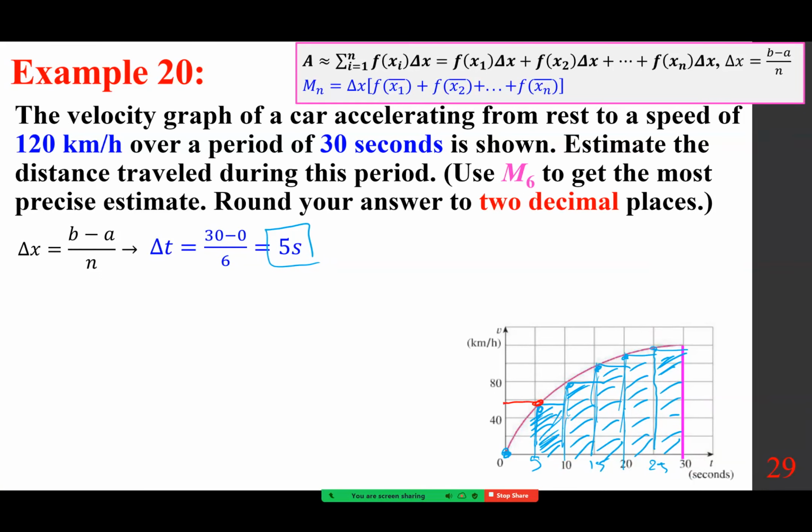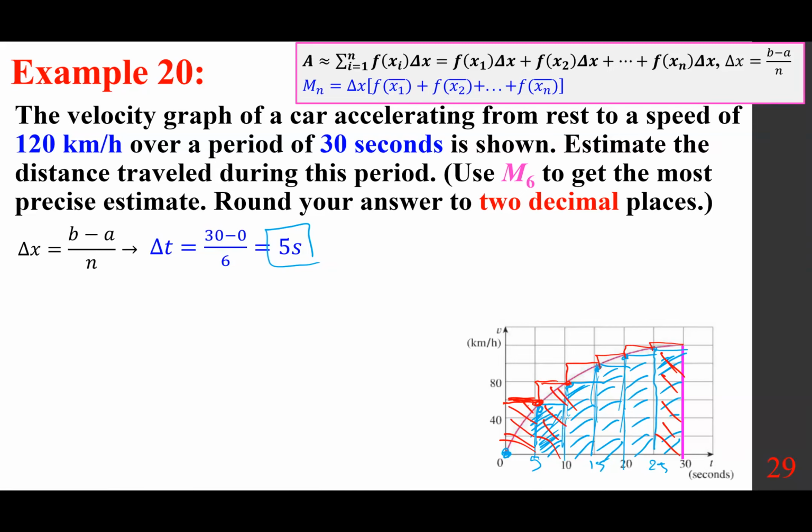This would be the area, and so on, all the way to the last one, right? Now, neither the left endpoints nor the right endpoints give me the area under the curve exactly. It gives me an approximation. But if I want to use the midpoints,